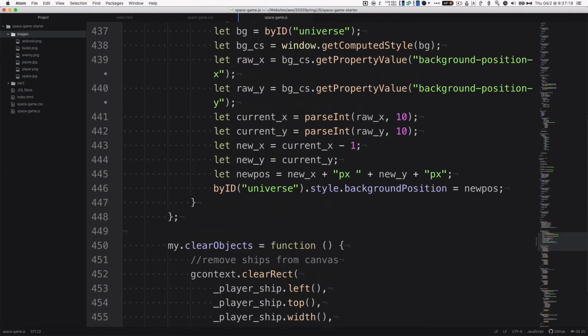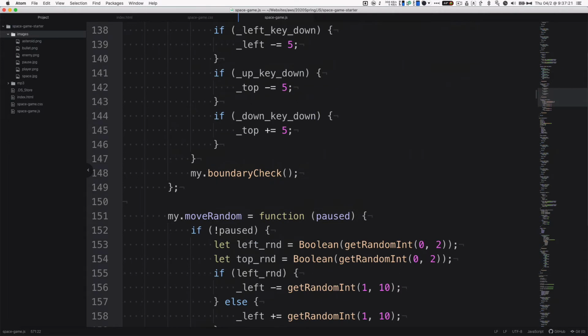Okay, so the space game. Very exciting space game. And actually, all things considered, it's actually not that bad. But there's a number of conflicting goals that we have in mind here. So,